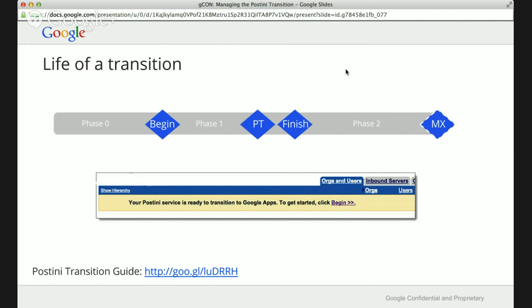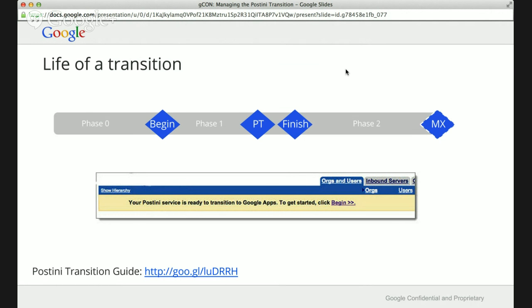My next focus point for the next couple slides is to talk you through what it looks like to transition and the main actions that you as administrators need to perform to get completely moved off Postini. What you see here is sort of an image of the way our team talks to customers about the transition phases. Phase 0 is just doing preparations. There's a detailed checklist in the Postini Transition Guide, which I linked below, which recommends completing steps like configuring your firewall, verifying any domains that you have in Postini that you want to transition to Google Apps, creating a test organization